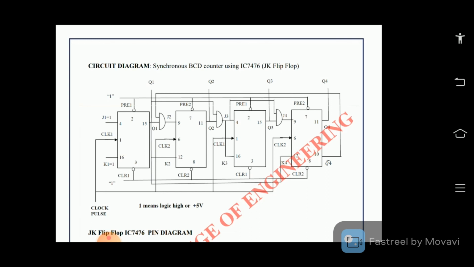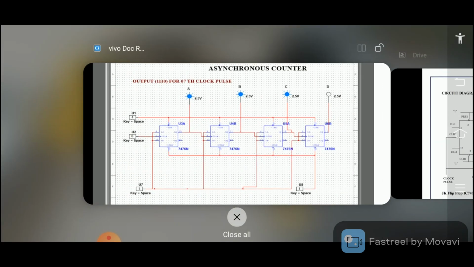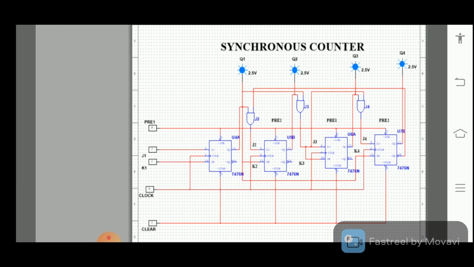So in order to get the concept, I am just taking the Multisim software to verify the truth table of our circuit diagram. This is our Multisim. As I said earlier, we can take the components from the file, and after that we get into the components. From the components we are getting the 7476 and probes, and also the OR gate for the synchronous counter. So whenever we are giving the clock and clear, we are getting the output like this.